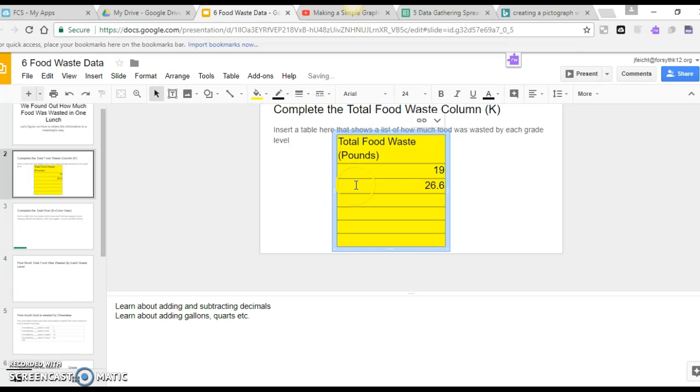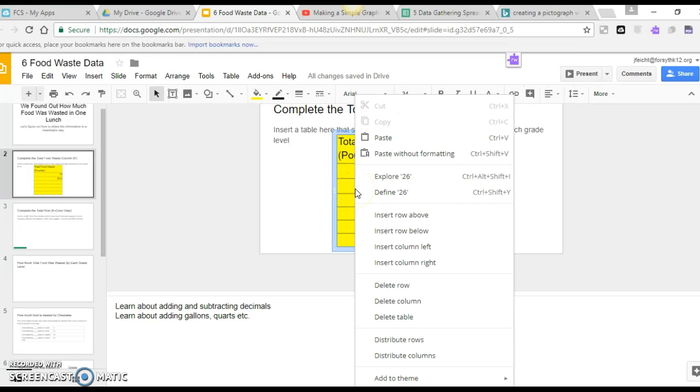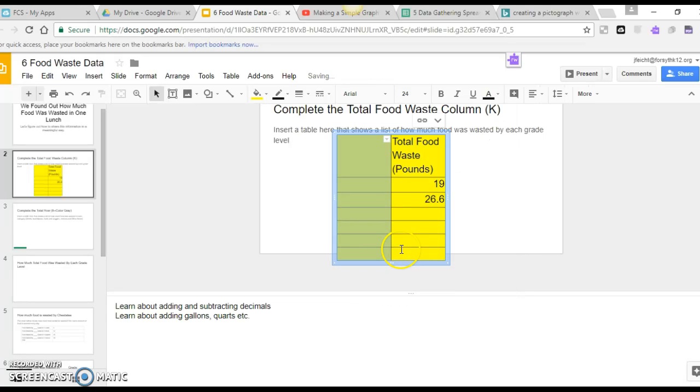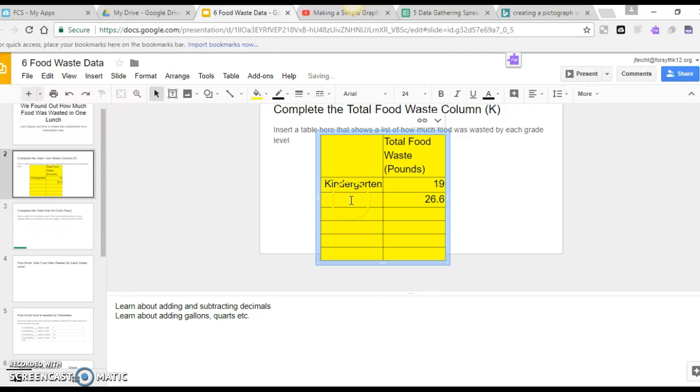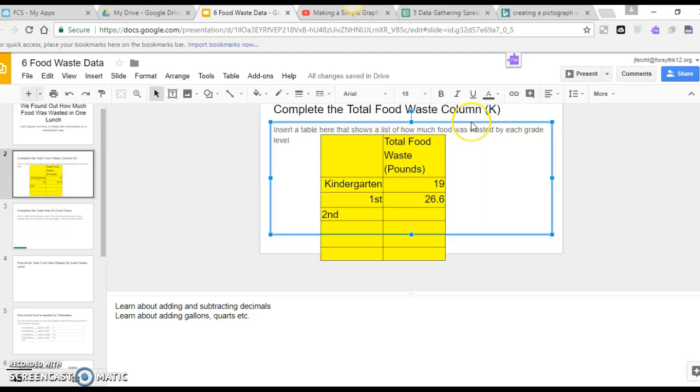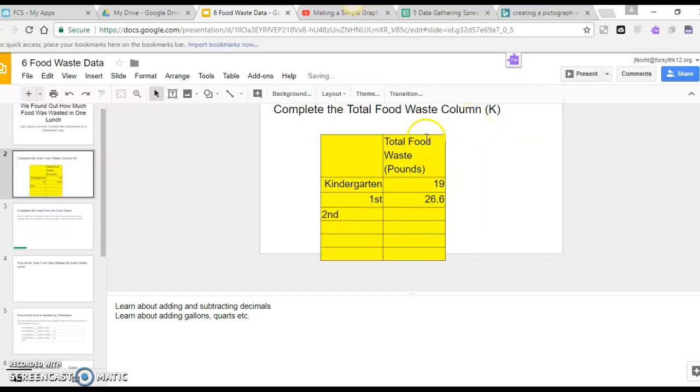the edge of it. I'm also going to need to insert a row to the, or a column to the left, because I need labels. Right now I don't have any labels, so I should know total food waste by kindergarten. And you can always drag this thing out a little bit larger if it's doing that. And then you go first, second, and so on down, and then you have your nice little labels. You probably want to get rid of this guy out of the background once you're done, and you've got a